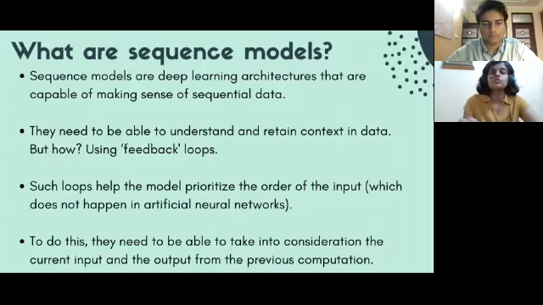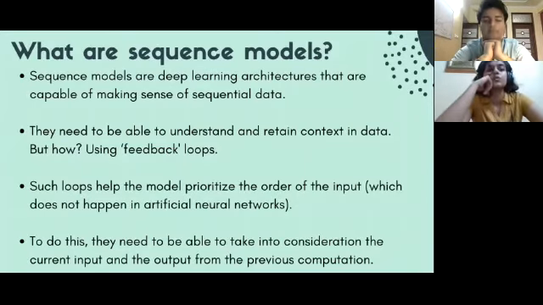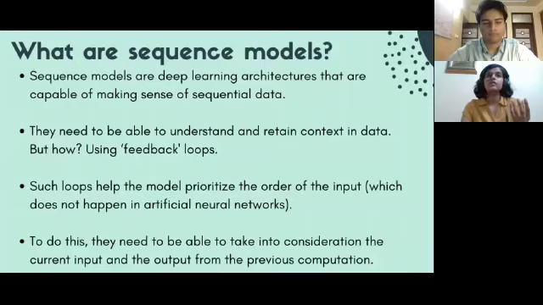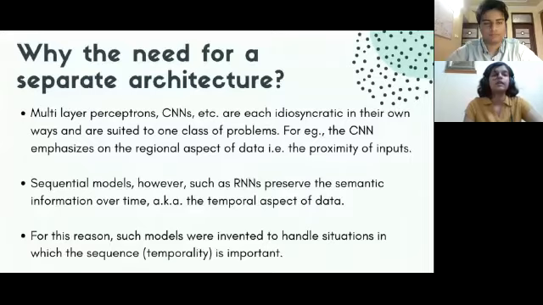loop mechanism. I know many of you might have already been introduced to feedback mechanism or looping in other subjects, but here the context is a little different and we'll see how. Let me summarize what this feedback looping mechanism is. Basically, take a part of the output from the previous time step and combine it with the current input from the current time step. Right now that might seem a little vague to you, but as we move ahead and look at some diagrams, it will become extremely clear. For now, you just need to know that they take a part of the output and combine it with the current input. This is the mechanism for sequence models.